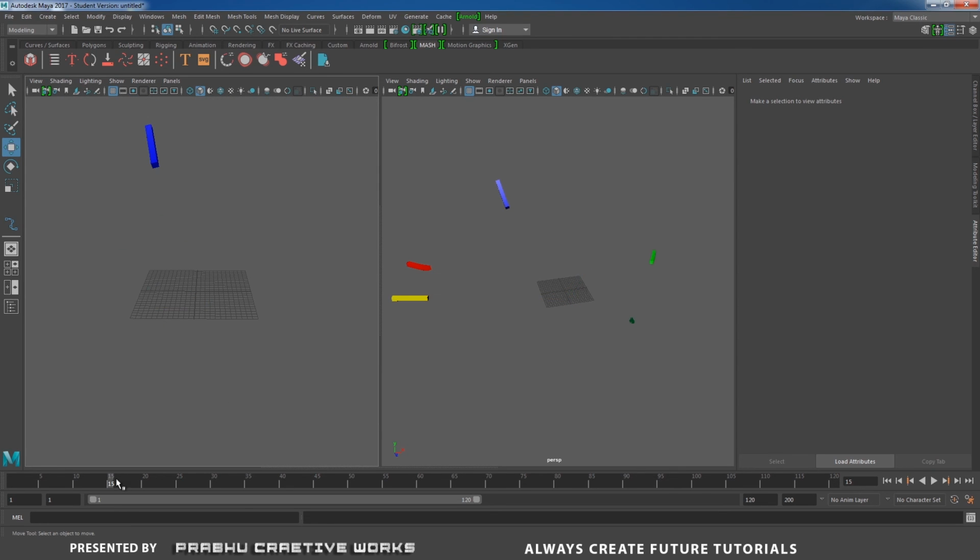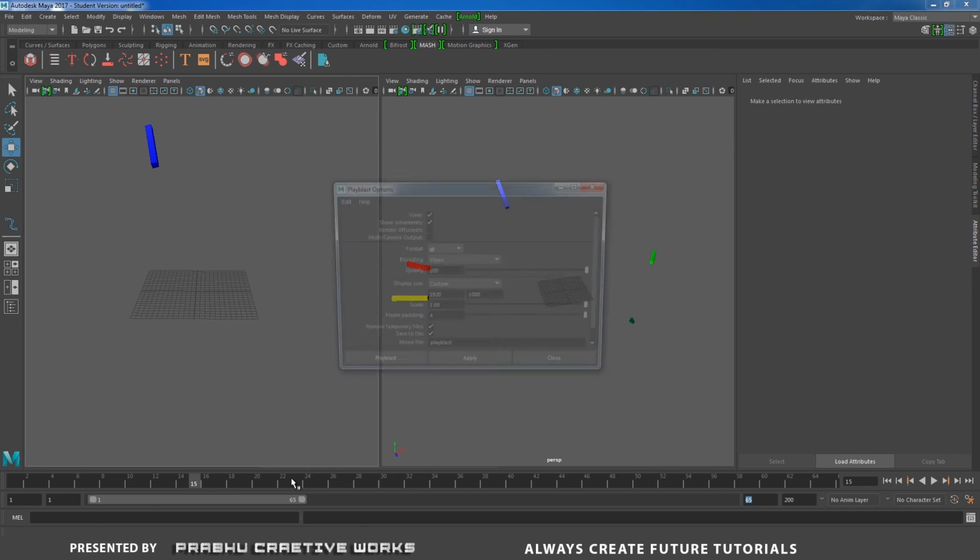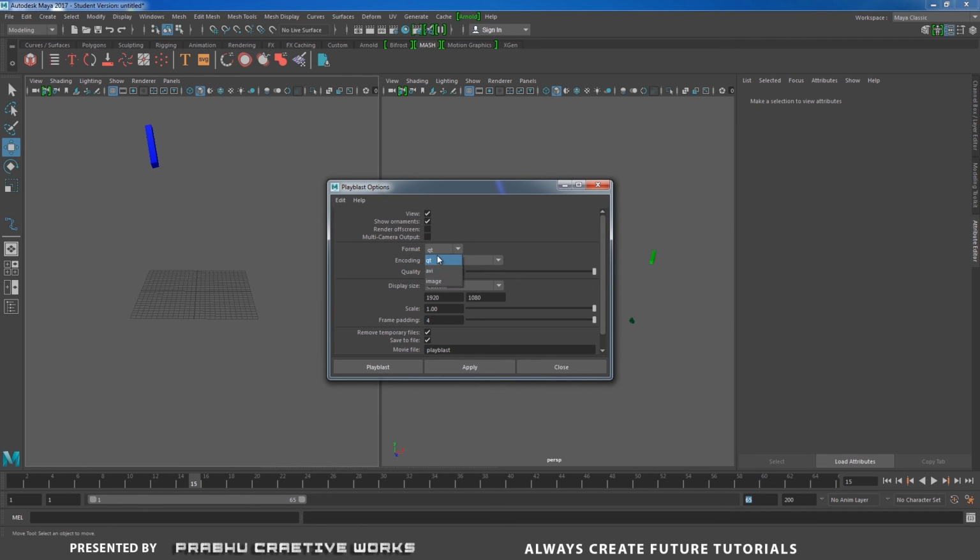Now I will go over here. I will animate up to 65 frames. I will set my frame range, right click and choose play blast. I will choose QT and give custom settings of 1920.